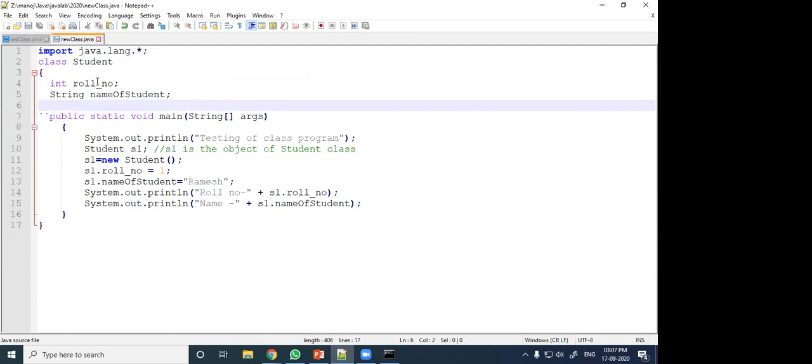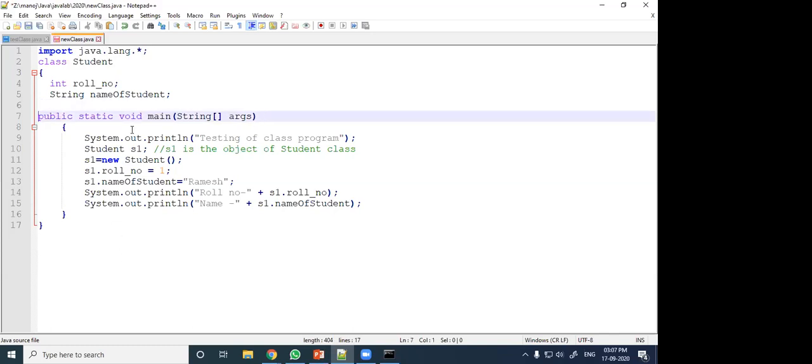Just all of you see it, for demonstration purposes I am writing this. The program name is newclass.java, but in it only one class is there, that is student. Suppose I write it as student1, so it will not confuse. Student1 and the main function are under the same class. Just see here, the class name is student1. I have renamed it.